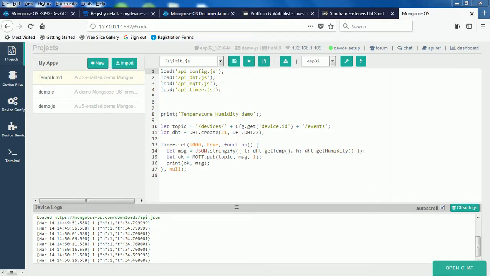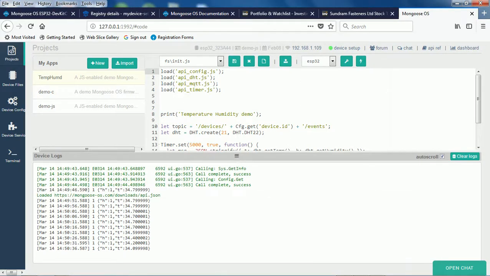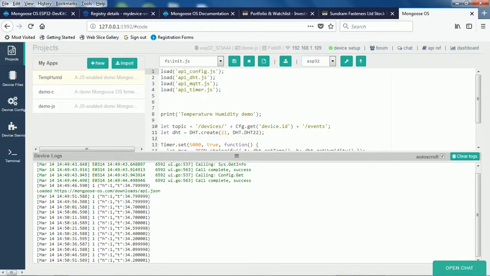Here we can see the web UI interface, the way in which we will deal with ESP32. I can show you that I am collecting the temperature and the humidity. H stands for humidity and T stands for temperature. I have done the connections relevant for this experiment, which uses this HUSA 32, that is the ESP32 board.